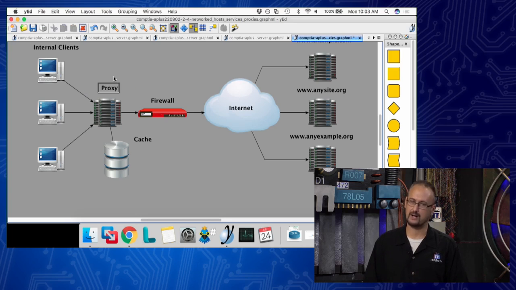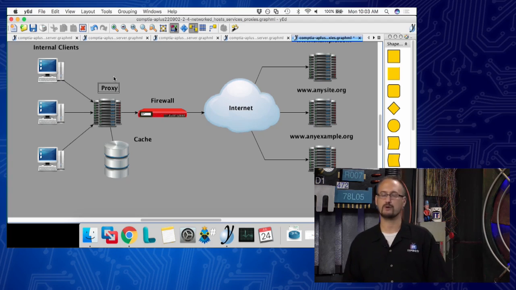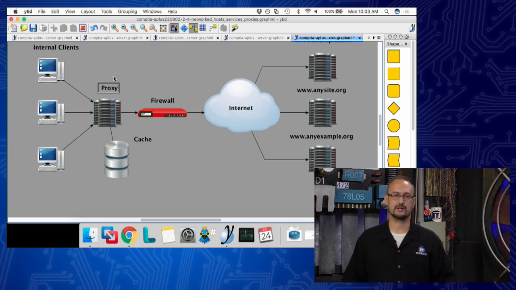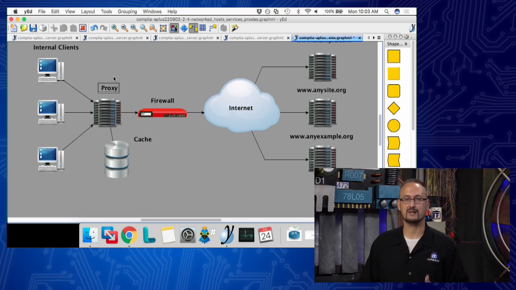You guys do not have to know about the difference between a reverse and forward proxy here at the A+ level. We talk more about that in the Net Plus and certainly in Security Plus. But understand that the proxy, a lot of times in this case, is a web proxy. There are other services out there that can be proxied as well too. But by large here at A+, we're talking about a web proxy.